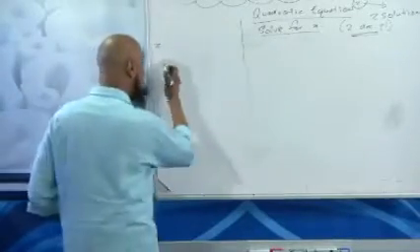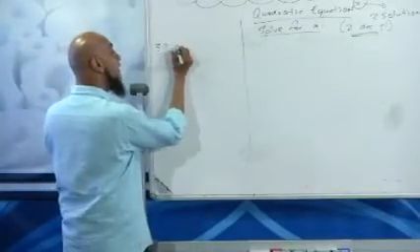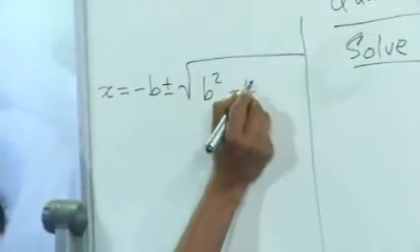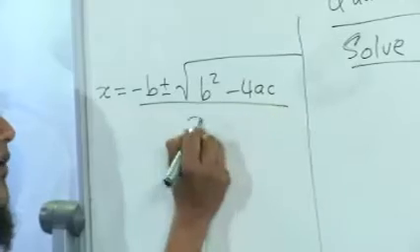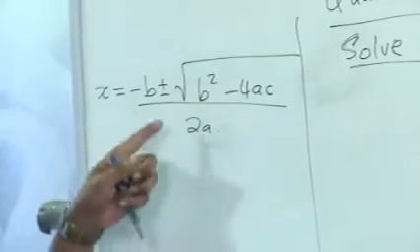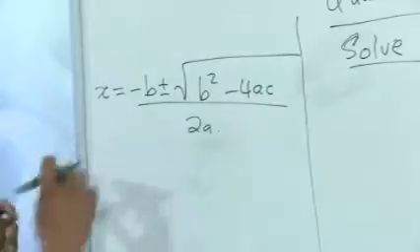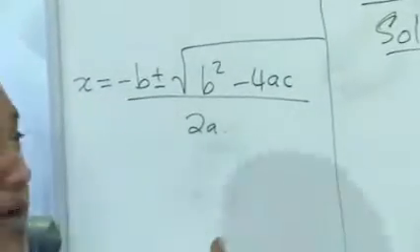Okay, let's get started. x is equal to minus b plus minus the square root of b squared minus 4ac, all over 2a. Now it might be looking very similar to some of these formulas that we have here. Don't stress, don't worry about these formulas. All you need to focus on is that formula. Let's get started. Now we know what is a, what is b, what is c.